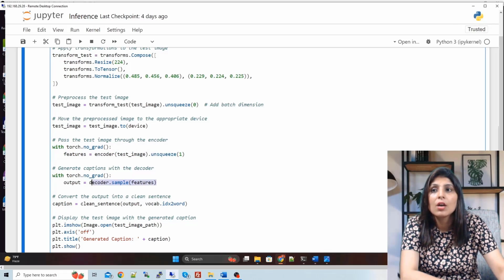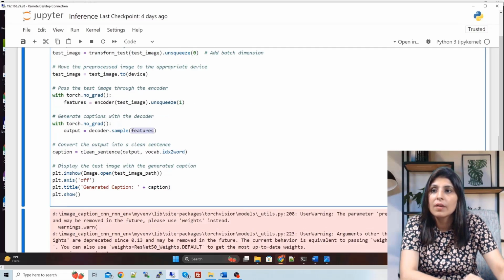Then we are using the decoder model. So guys, see here, while testing we are only providing these features, because at the time of training we were providing features and captions to the decoder, but while testing we are only providing features to the decoder model, and the decoder model will provide us the captions.